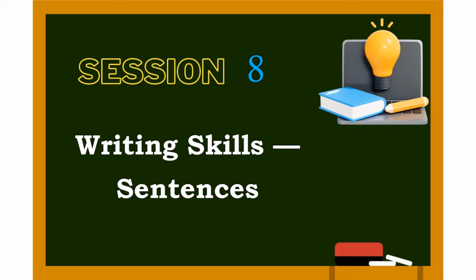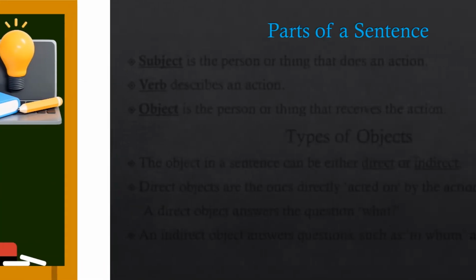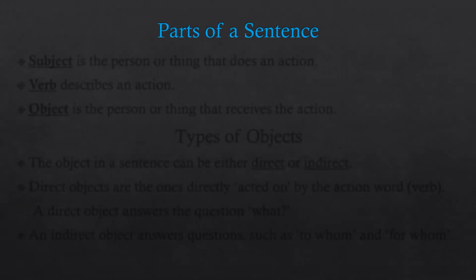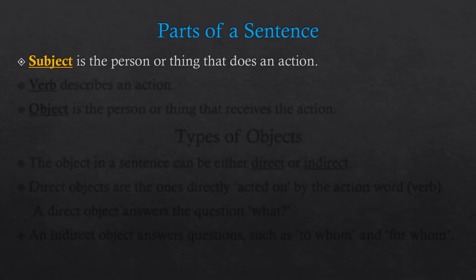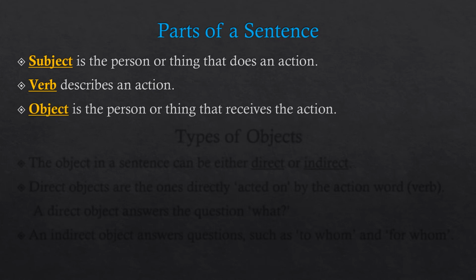Session 8, Writing Skills, Sentences. In the previous video, we have learned what is a sentence. In this video, we will learn about further concepts of a sentence. First of all, let us know the parts of a sentence. There are 3 parts. Subject is the doer of the action, verb describes an action, and object is the receiver